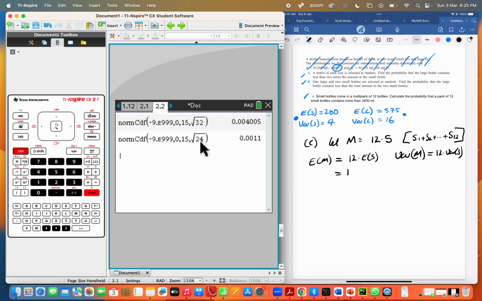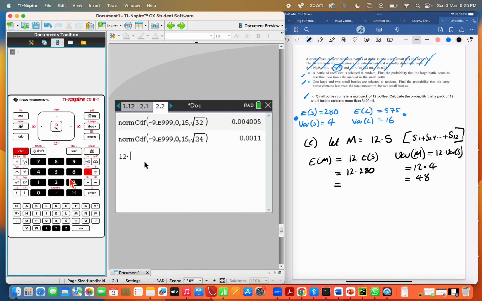So E of M equals 12 times E of S, 280, right? And var of M equals 12 times var of S, which is 4. This one is 48. This one, if your brain doesn't work, switch to the calculator. 12 times 280. 3360. So the multi-pack follows a normal distribution. The mean of the multi-pack is 3360 millilitres, and the variance is 48. And we want the probability that M is greater than